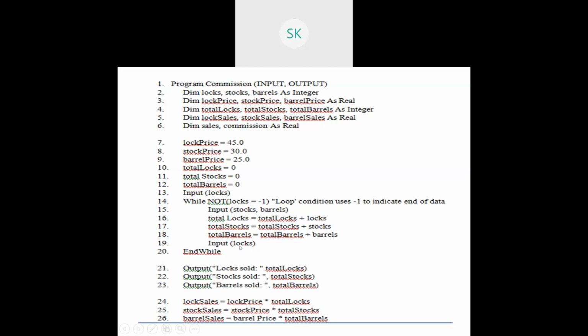The next one is 19 with respect. Similarly, you can go with stocks and barrels. With respect to stocks and barrels, if you are just assigning, the input is going to happen in the same particular statement. If it is stocks, the 15th line itself. If it is barrels, it is the 15th line itself. That is one thing. Second one is it will be taken care of with respect to 17 for stocks and 18 for barrels. Now, with respect to your 17 and 18, I need to exclude these because it is just a usage.